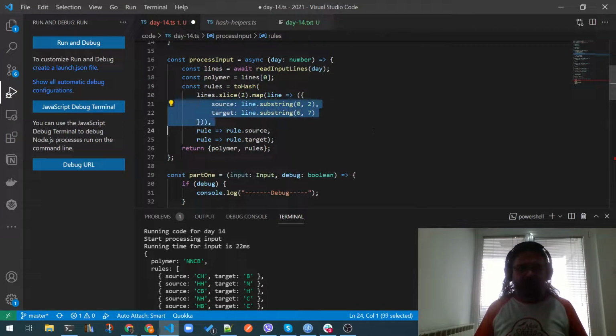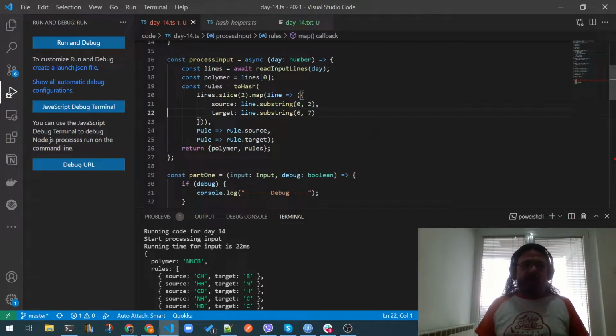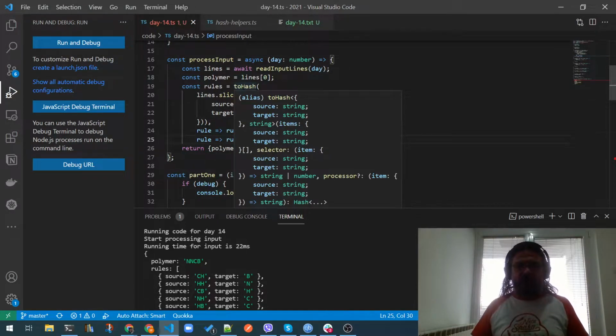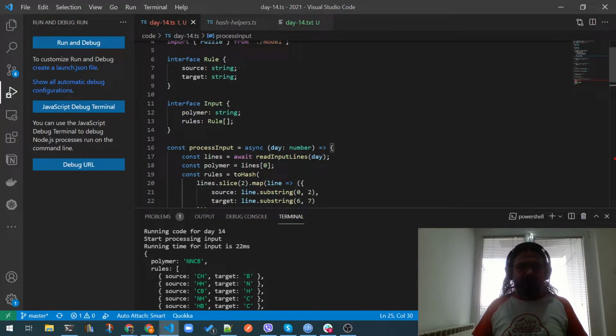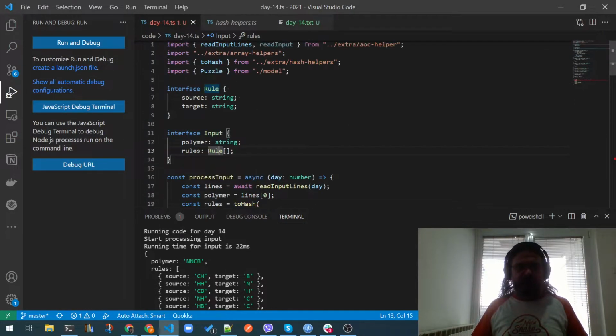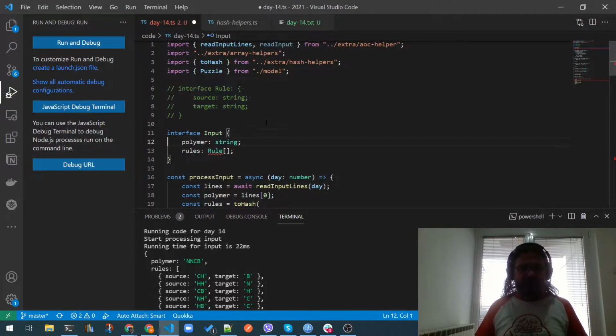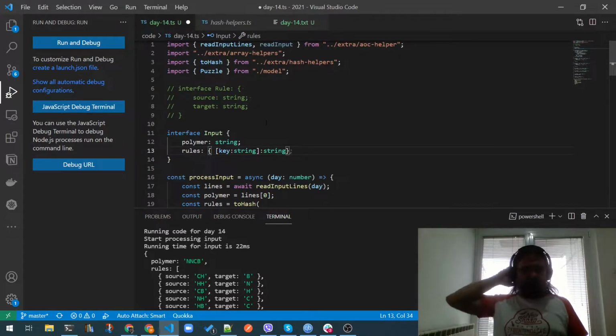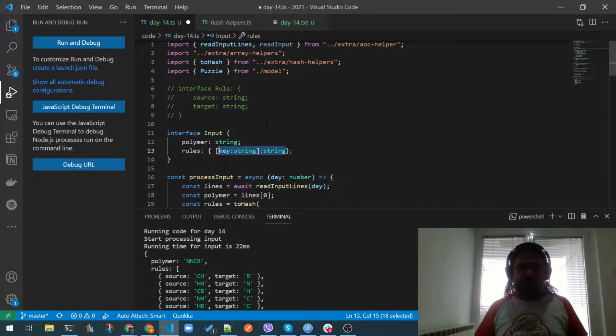Let's have it like this so we know what it's got. So what we're doing now, we're just changing this into an object that will be a bit on the different side, and so the rules is an object where the key is a string that returns a string. So do I have this as a